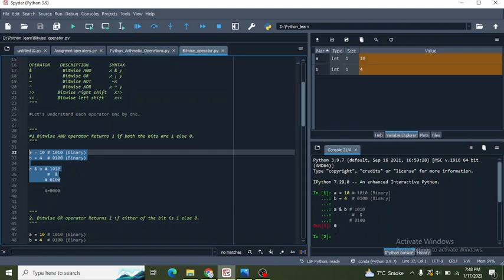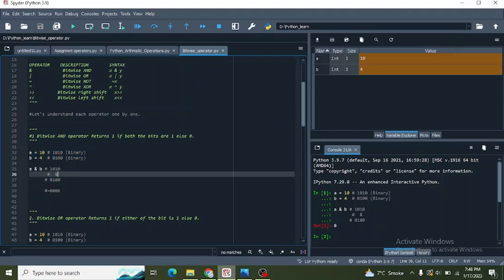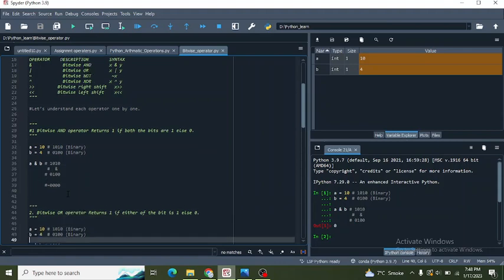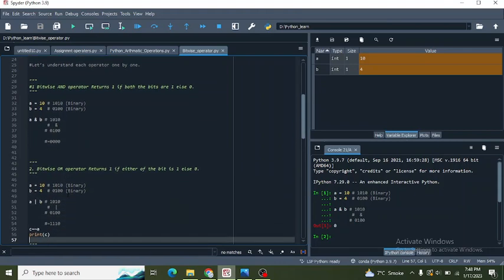Why? Because 0 should be 0 according to bitwise AND operator. Okay. The second one is bitwise OR operator.